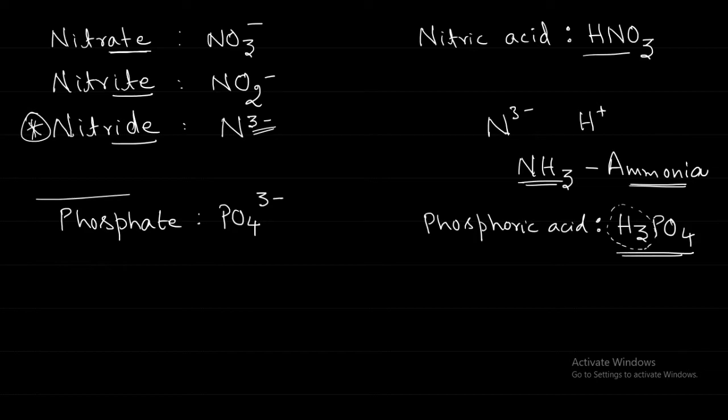Logically, how do you have to remember? Like this: phosphate, phosphite, phosphide. After you understand this, you will remember the table form given in your textbook, and you will remember all of these things. Phosphate, PO4 3 minus; phosphite, PO3 3 minus. PO3, because one oxygen we make less, and the charge we keep the same.